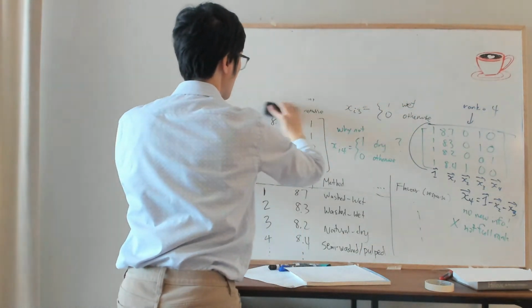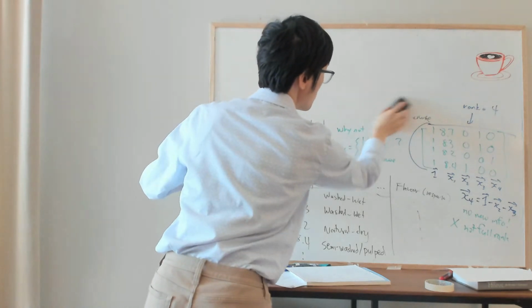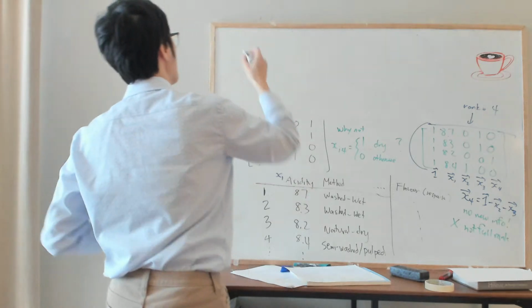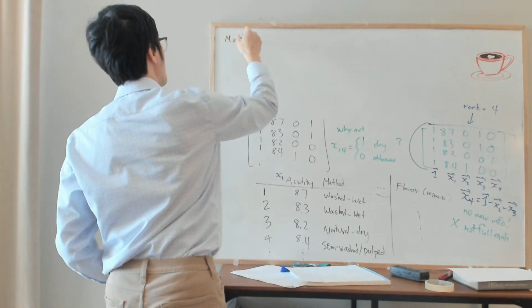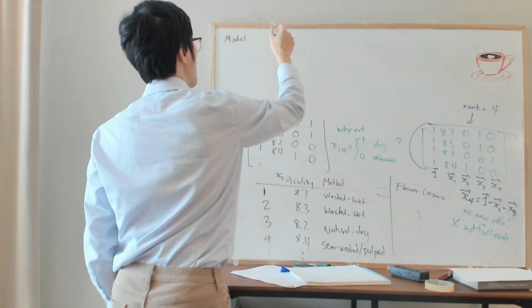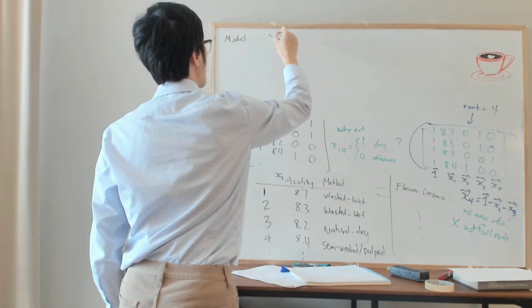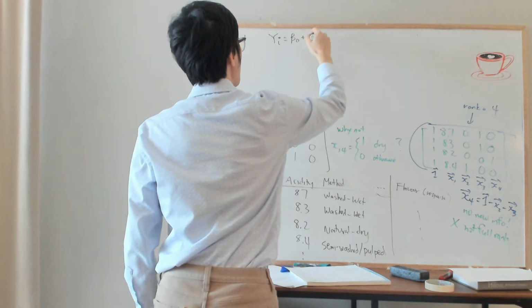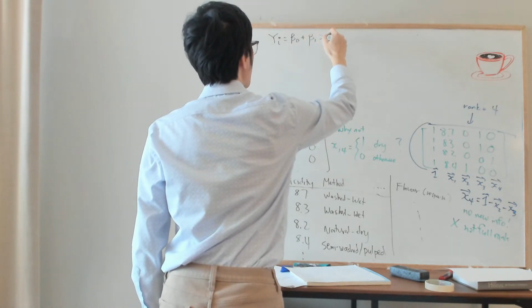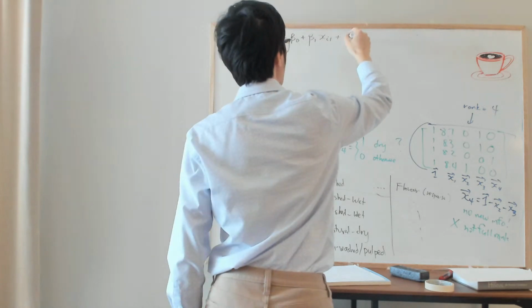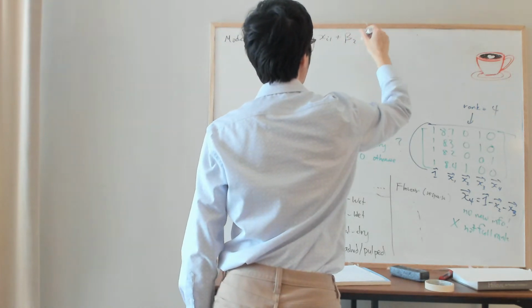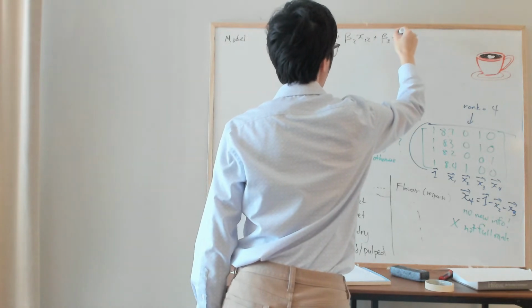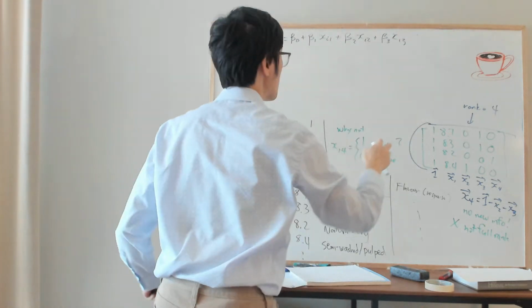So our model: for the ith observation, yi would be an intercept plus beta 1 x i1 plus beta 2 x i2 plus beta 3 x i3,